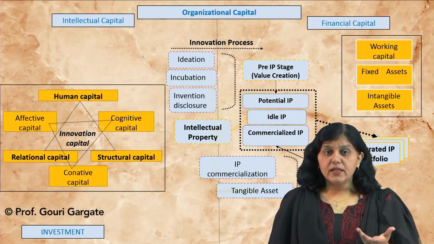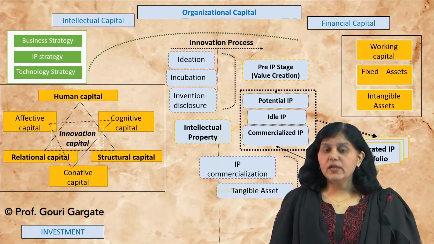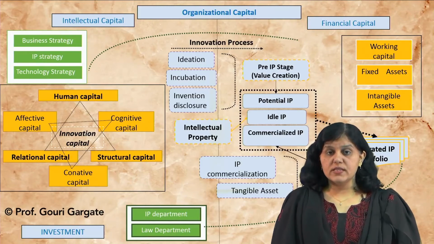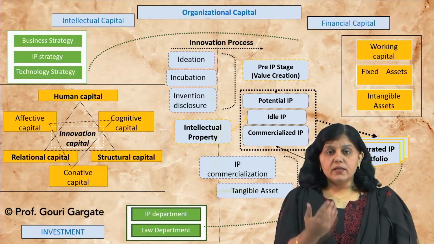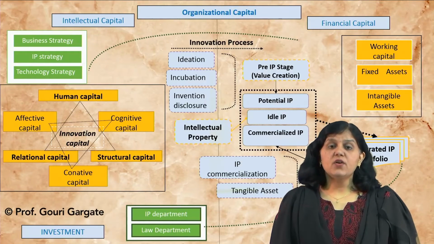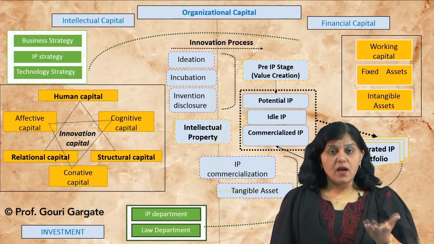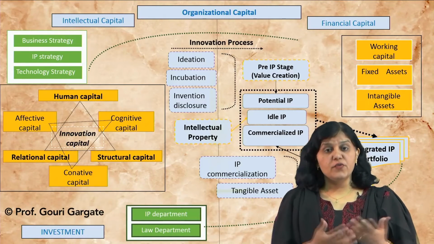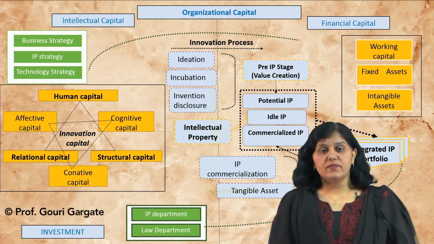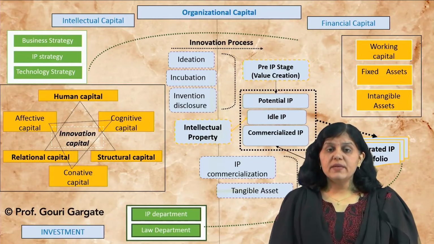But you definitely need help, that you have to strategize that thing, and you need help. So you need help of whom? You need help of an IP department and obviously a legal department. So if you are in an organization, you get both these supports, right? So generally in the organization, how things work, the IP department is there, they are helping you in the prior art search, they will give you that ready-made report of prior art, and then you can start your research, right? That is the case. The legal department is there.